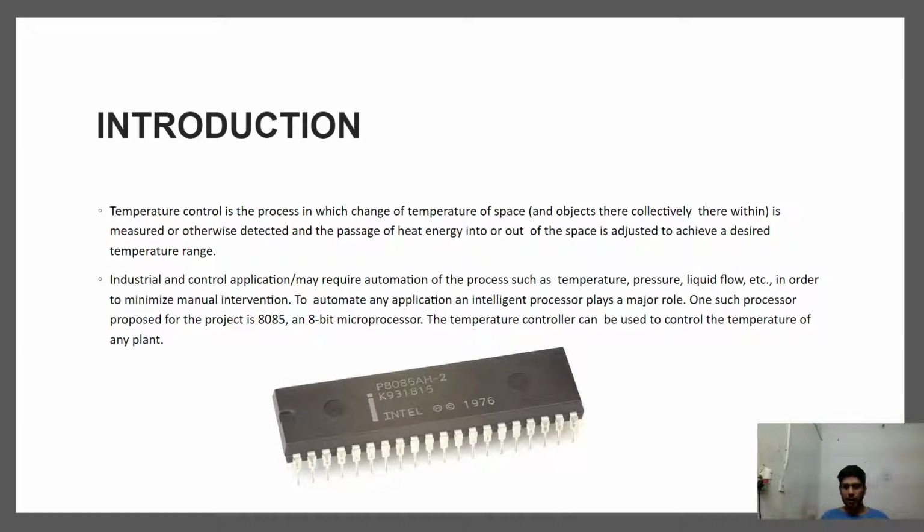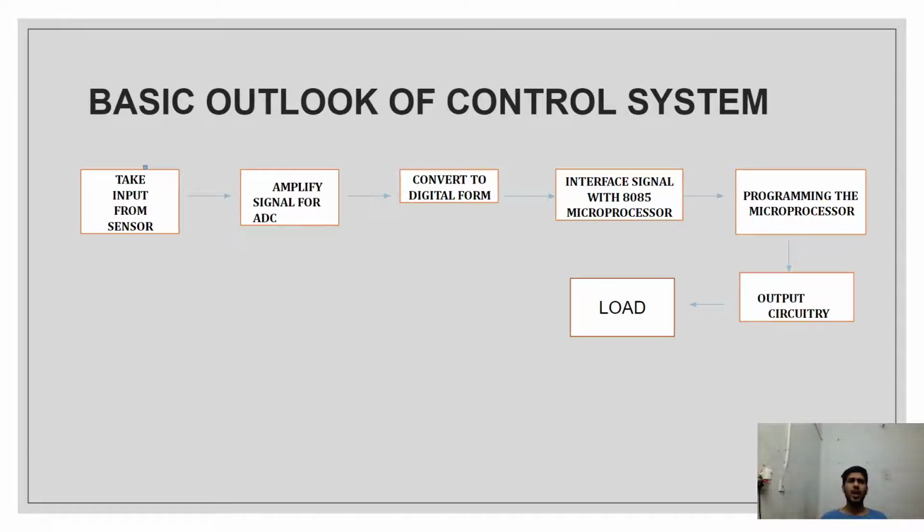And now we are going to look into how we are going to solve this particular problem. This is the basic outlook of the control system on your screen. The first step involves taking input from the surroundings, the input being temperature, using a sensor. The sensor is going to convert that temperature value to an electrical signal. However, these electrical signals are, A, analog in nature, and B, of low intensity: millivolts, milliamperes, and so on.